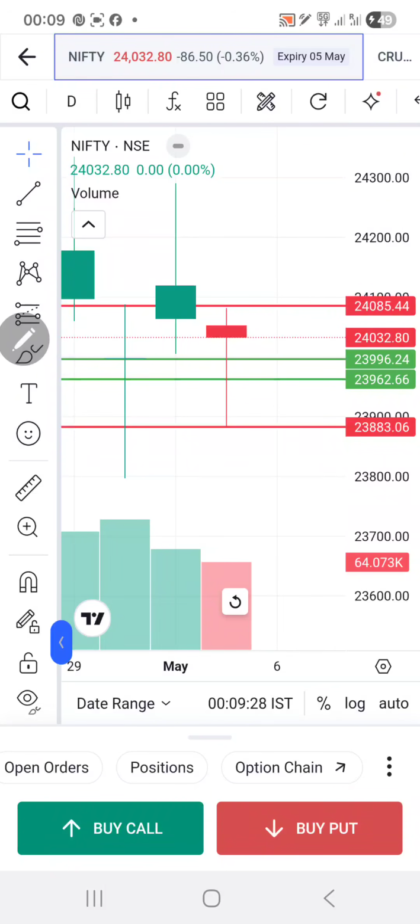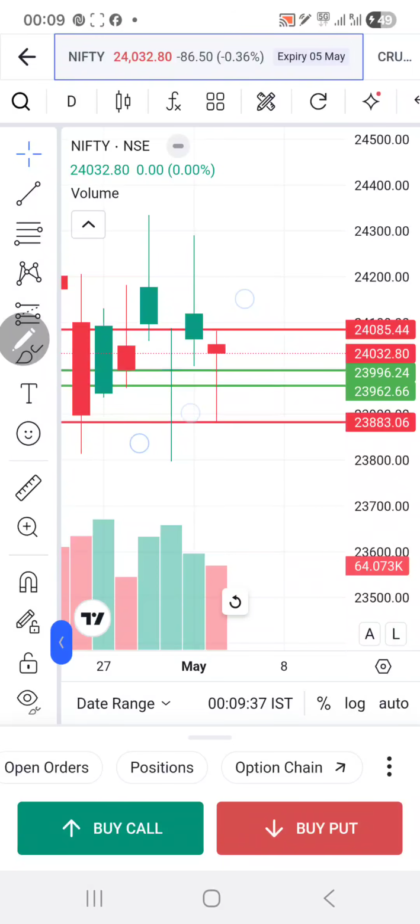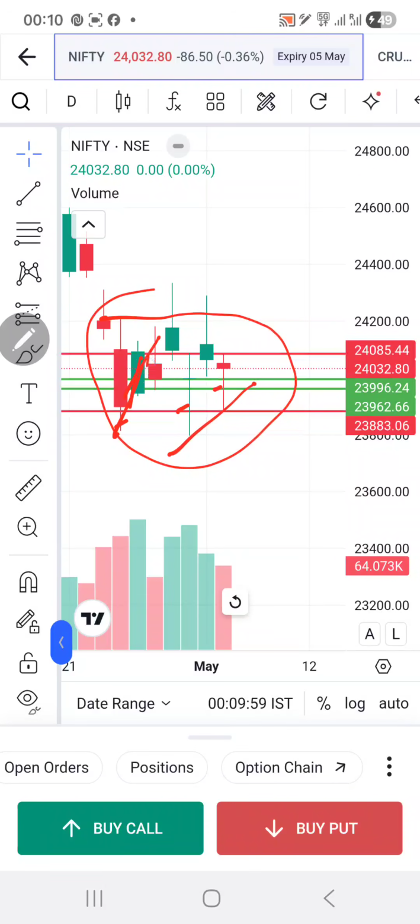Okay, so when we come to the Nifty levels, the Nifty is also sideways between these areas. It's sideways with inside candles. So it is still a sideways market going on. When the market dips, it's a buy, and when the market is up, it keeps falling from these levels, nearby 24,000 some area.